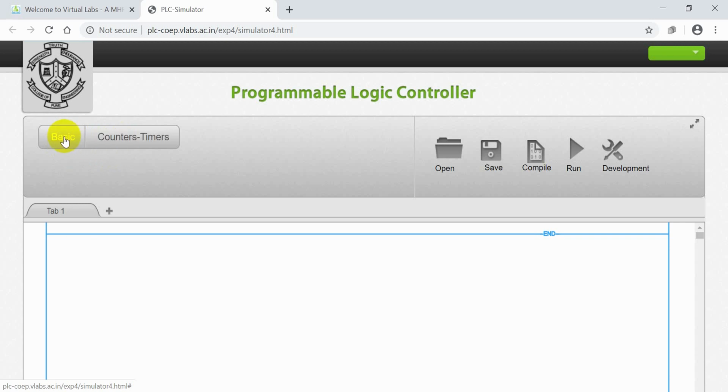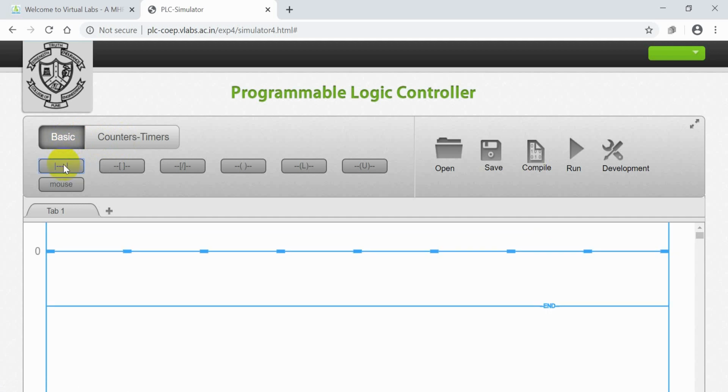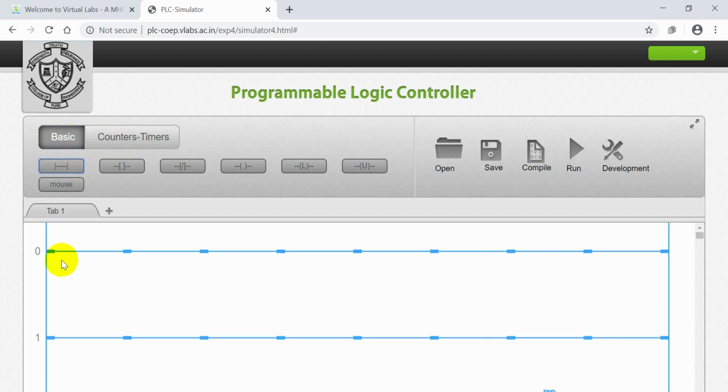In Basic, select the horizontal rung, rung 0, rung 1. Next select the normally open NO contacts on this side, for rung 0 and rung 1. Next select the output coils here.